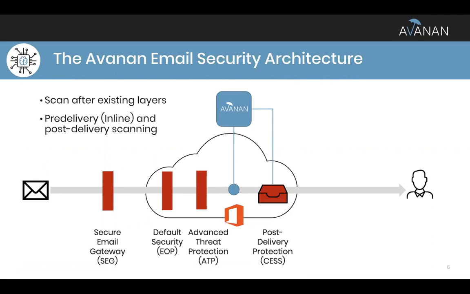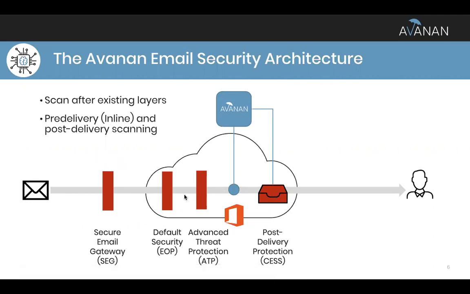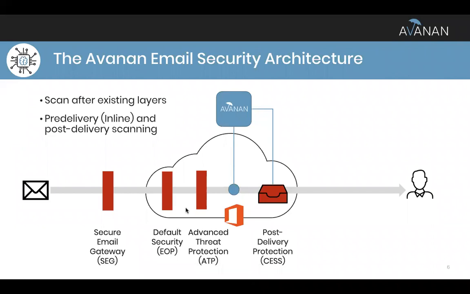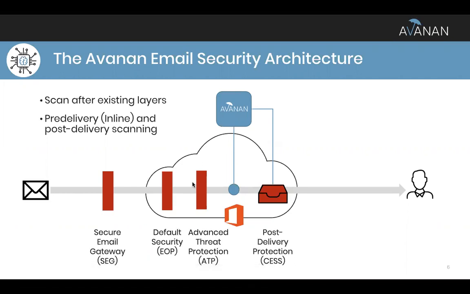The second thing that's really important is, if you notice, where does this guy sit? He sits in front of your other layers of security. Remember when O365 came to the market, it came with default security, EOP, Exchange Online Protection, right? So there's additional security that Microsoft provides, and this sits in front of that. When we came to the market, we said, well, hold on, there's already this layer of security right there. Let's leverage it. Let's build upon it.